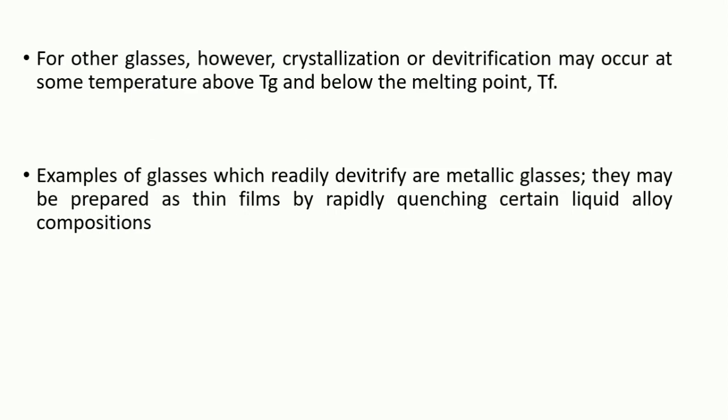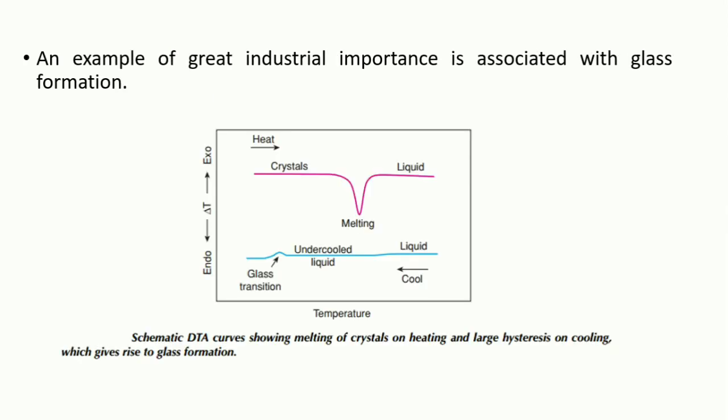Beginning with the crystalline substance, silica, an endotherm appears when a substance melts. On cooling, the liquid does not crystallize but becomes supercooled. As the temperature drops, its viscosity increases until eventually it becomes a glass. Hence, crystallization may be suppressed entirely. Tg represents the temperature at which the glass transforms from a rigid solid to a supercooled, very viscous liquid.